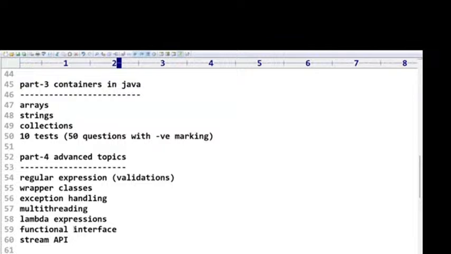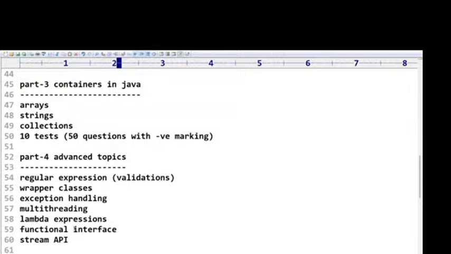So this is the Java syllabus that we have in total. I divided it into 5 parts. In these 5 parts, exams will be there for fundamentals, part 2 and part 3. For these topics, I am going to give online exams, and coding questions will be there only for part 1. Output based questions will be there for this. And for containers and advanced Java, based on this we are going to develop a small